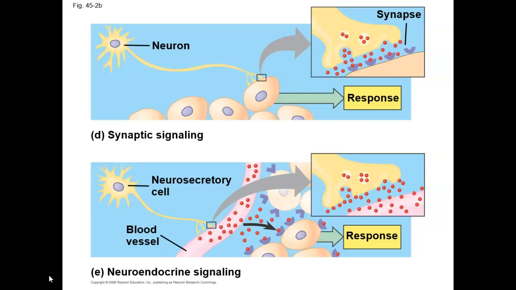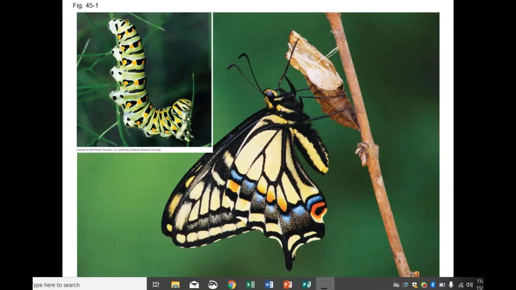So I want you to remember that sometimes you have a neurosecretory cell, which is going to perhaps release another neurotransmitter, which is not acetylcholine. And that will then act as an initiator of a hormonal response. Or perhaps it will just release that ligand into the bloodstream where it can travel all over the body to different target cells. We have to think that this process is very, very delicate, and these communications have to happen in a very sequential order for things like metamorphosis to occur.